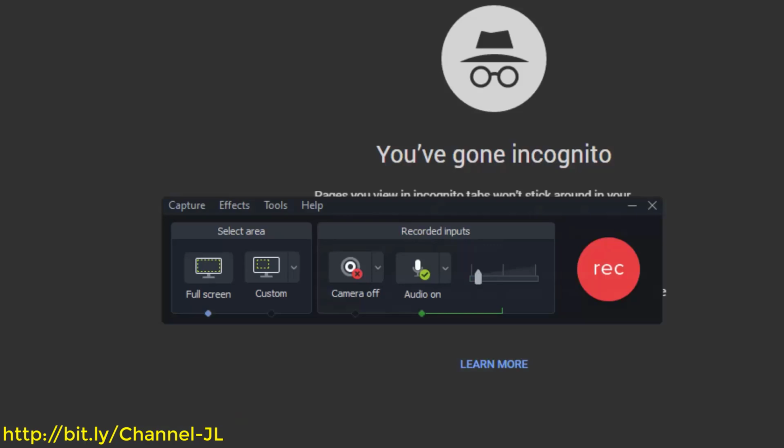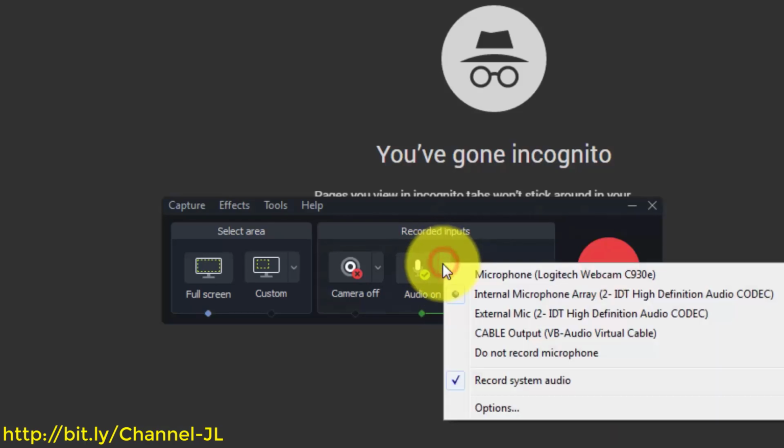One of the first things we're going to want to take note of is what mic we're going to be using in order to use our recording. And so you're going to use this drop down arrow and you're going to choose one of the microphones that you are going to be using. You want to use the best possible microphone with your Camtasia recording. And we'll talk about that in a future video, but you can actually designate which microphone you're going to use